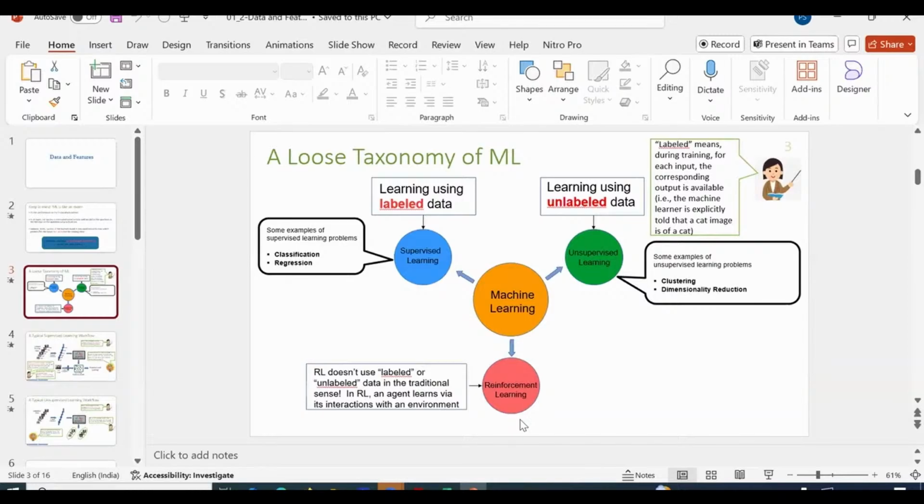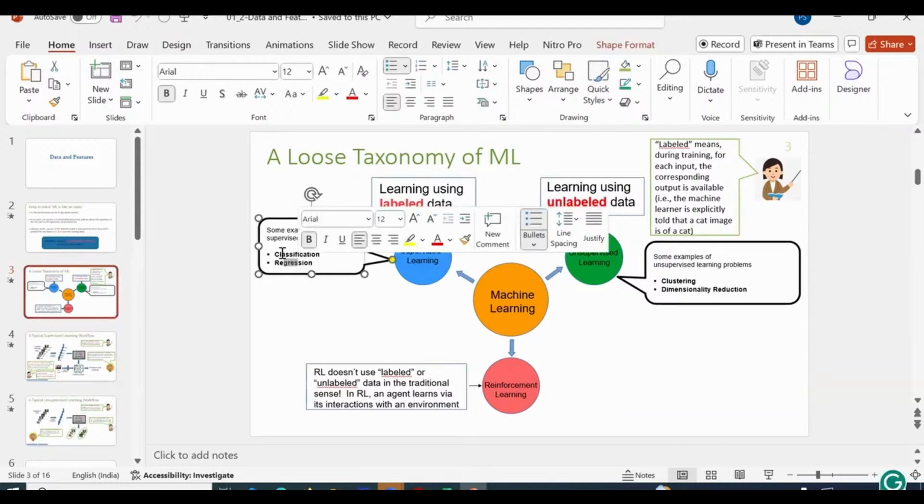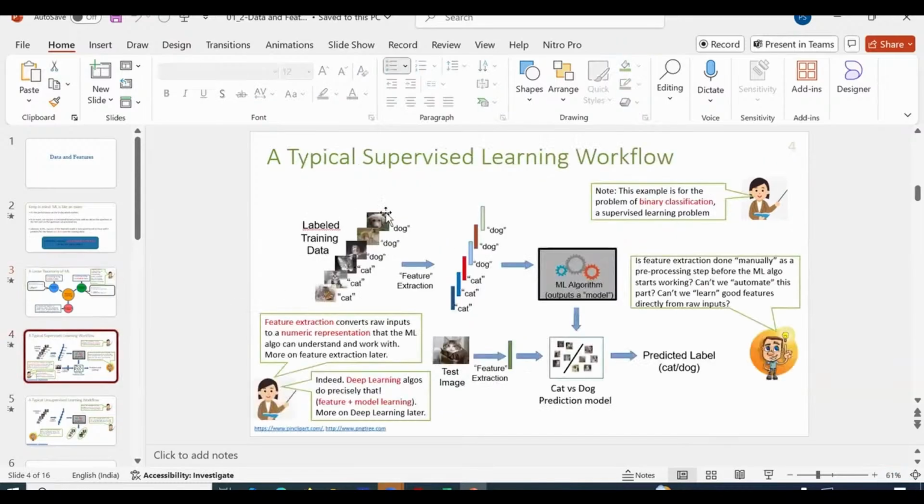Environment may give positive reward or negative reward, and accordingly the model will be optimized, right? Okay, so supervised learning, here the examples are classification and regression. So classification I have already covered, right? So for example, let's say if you want to do this type of task, this type of classification task, you